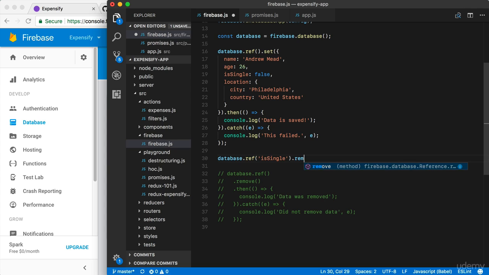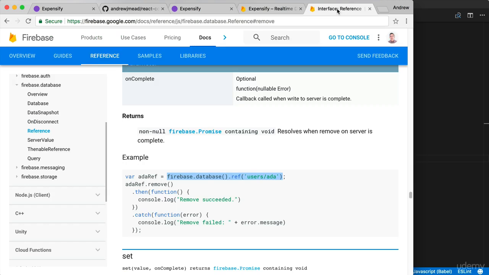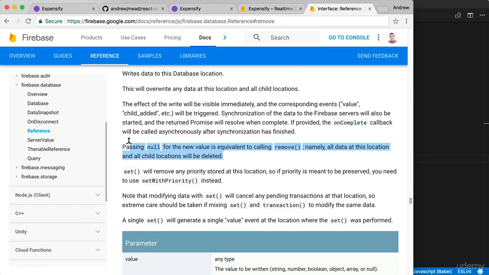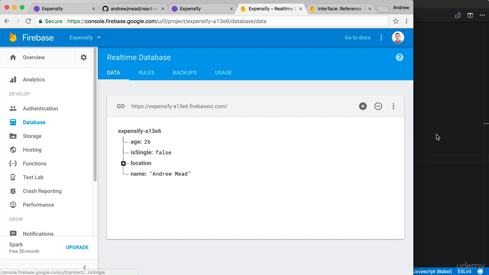Now, instead of using remove to wipe the data, we're going to use set to wipe the data. When you want to wipe data in Firebase, you just pass in null as the value. This is exactly equivalent to calling remove like we did before. And we can prove that by just looking at the docs. If I scroll down to set, there's actually a little blurb on that. Passing null for the new value is equivalent to calling remove. So this is going to remove everything at that place, and we can go ahead and prove that by actually running the code,